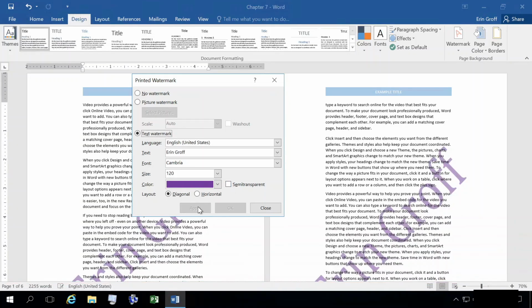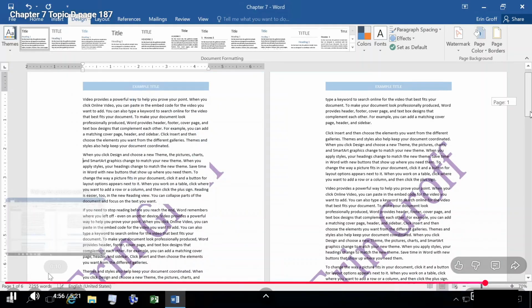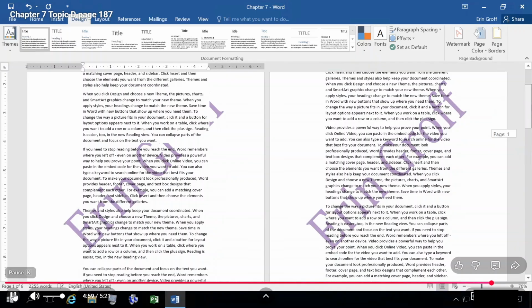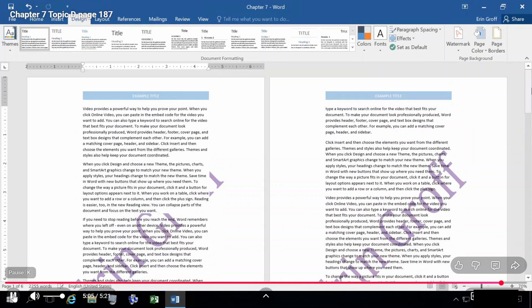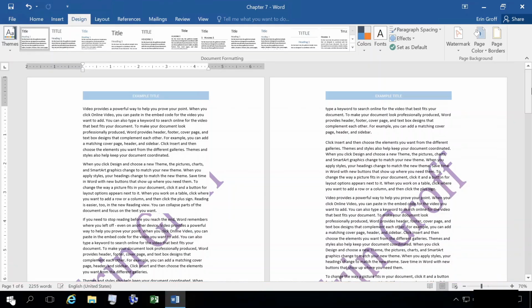All right, so you have a lot of different options for your watermarks. Text, picture, you can change the colors of your text. You can use any of the pre-configured options for watermark that Word has as well. All right, so you'll test those out. In the next activity, which is on page 169, activity 7.4,